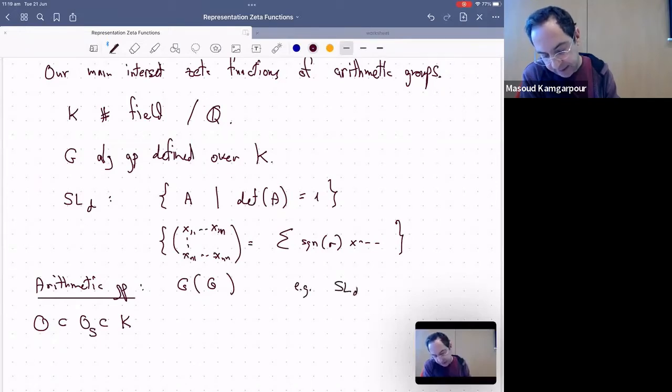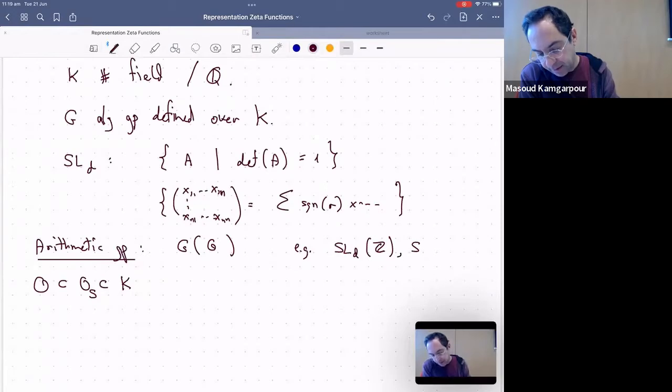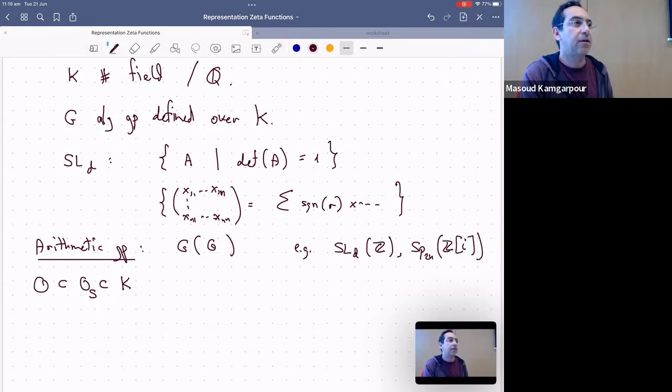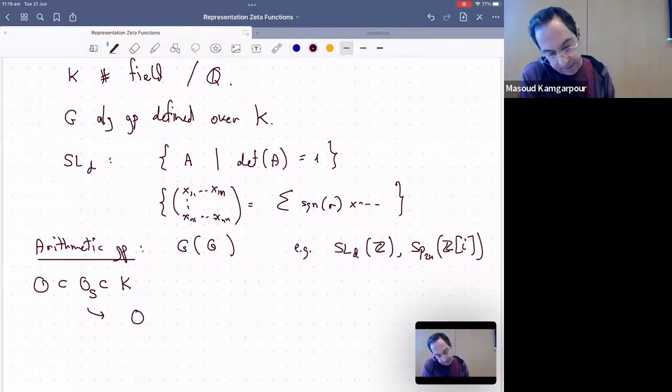Again, SL_d(Z), right? Sp_2n(Z), right? Here's another example. I'm just taking some algebraic group and I'm plugging in a ring of integers in a number field. What could possibly go wrong? Now, O_S is the ring of S-integers. And what does that mean? It means that I'm taking